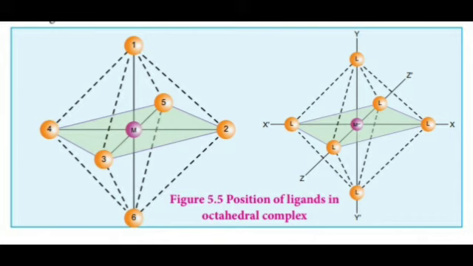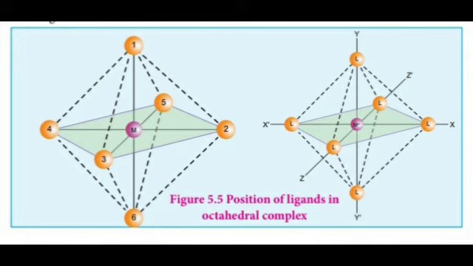These are 3 trans isomers. Then when you join all the corner ligands with the ligand present above the plane: 1-2, 1-3, 1-4, 1-5. Then join all the corner positions with the ligand present below the plane: 2-6, 3-6, 4-6, 5-6. Make a round in the square: 2-3, 3-4, 4-5 and 2-5. So these are 6 positions, 12 cis isomers and 3 trans isomers.